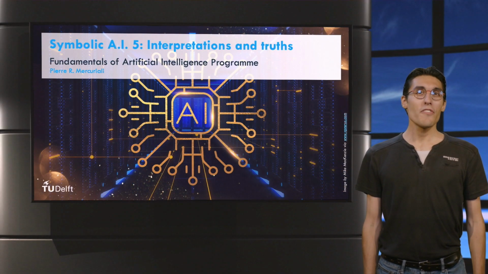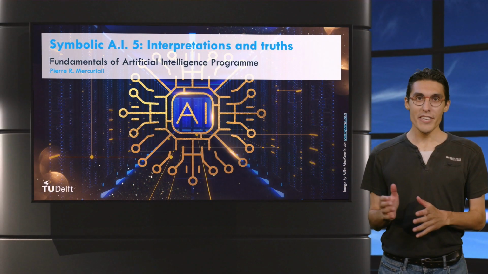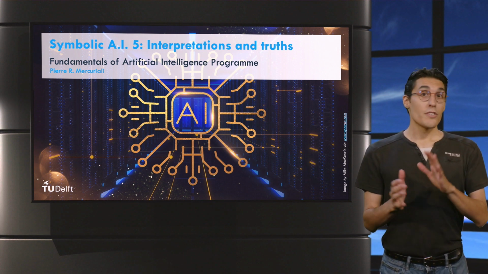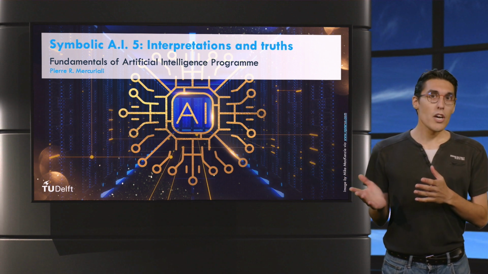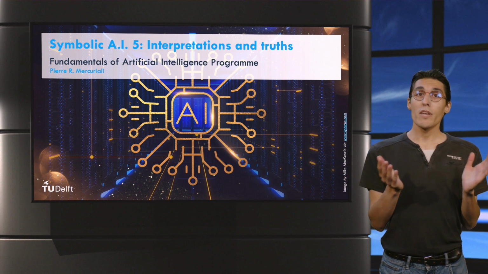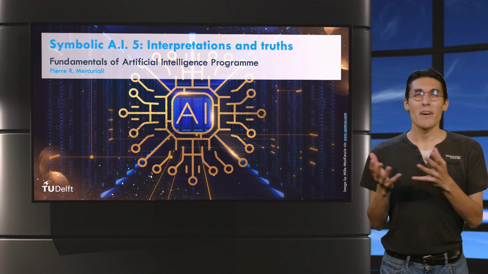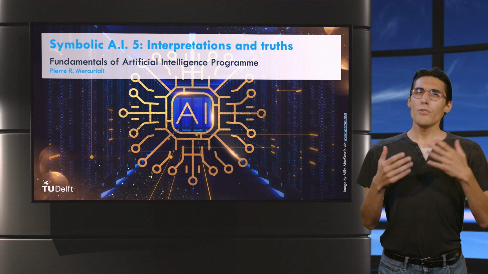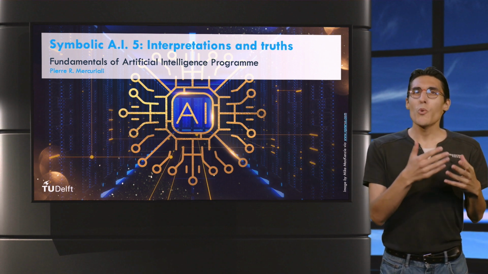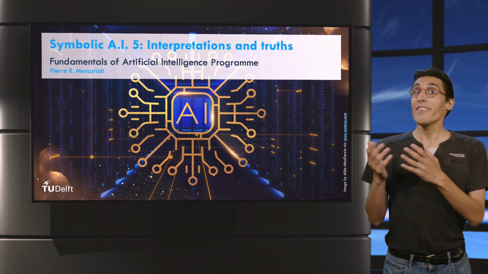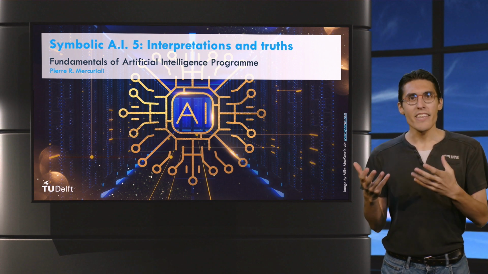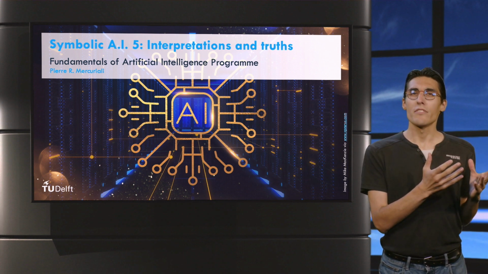Hello, this is video 5 of a 6-video series on symbolic AI, interpretation and truth. So far, in propositional logic, we have been looking at formulas made up of symbols, built following rules in a mechanical manner. Now, to know whether a statement formula is true or not, to answer questions much as the brazen head did, we need to interpret them, to give them meaning, to give them semantic content.